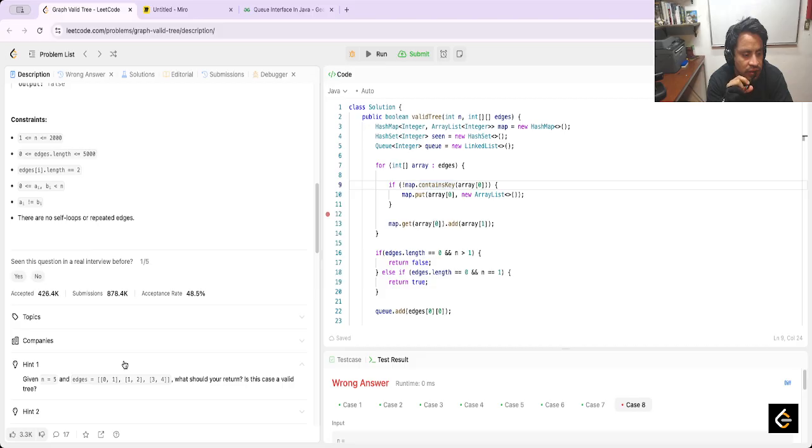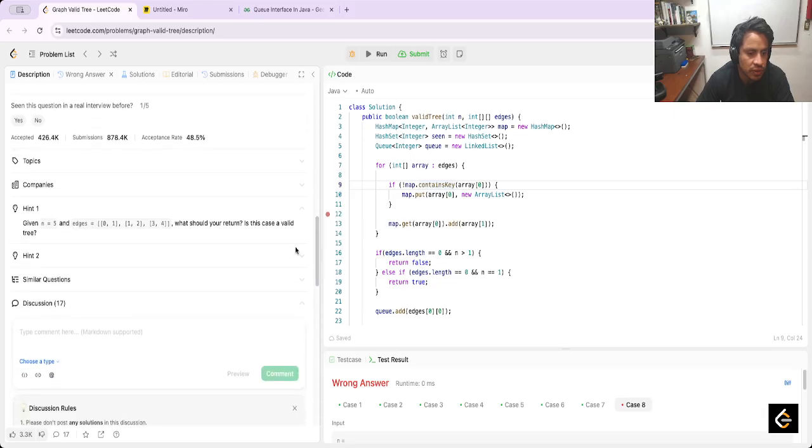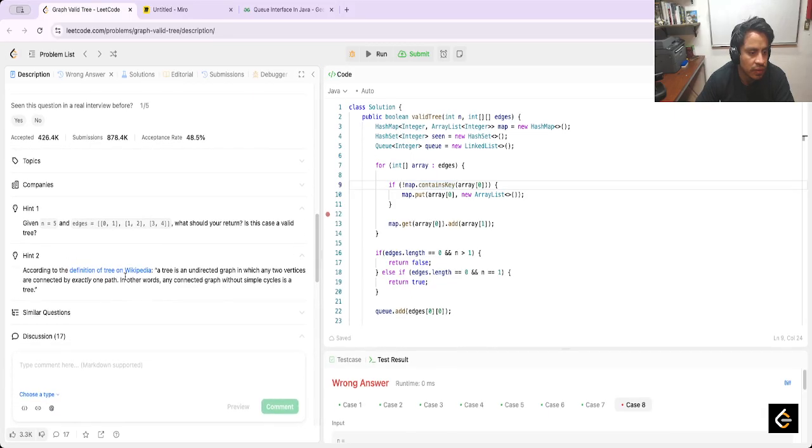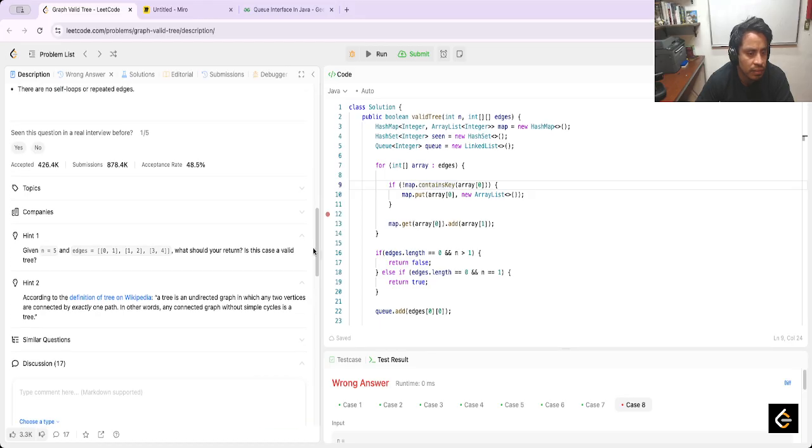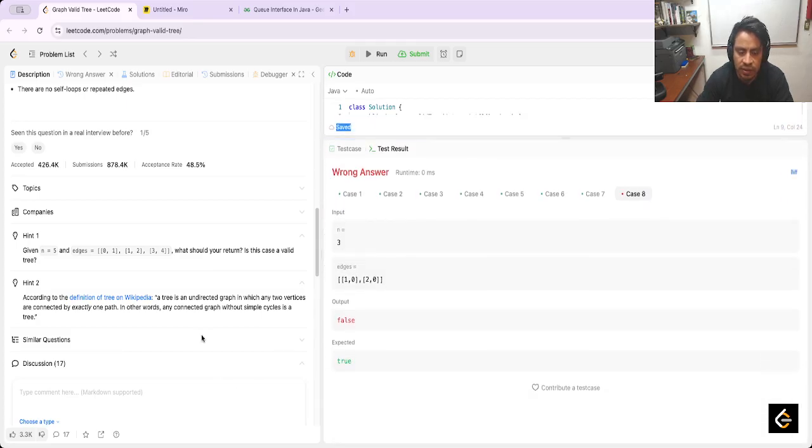Valid Tree. Trees are graphs in which any two vertices are connected by exactly one path. In other words, with a simple cycle it is not a tree. But for example, in this case, if I start with 1,